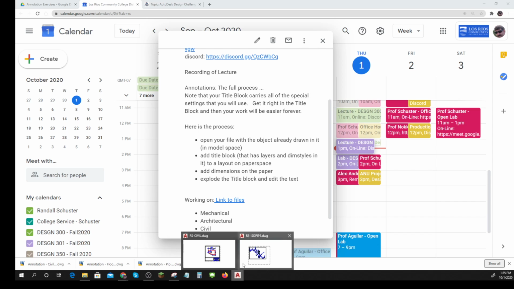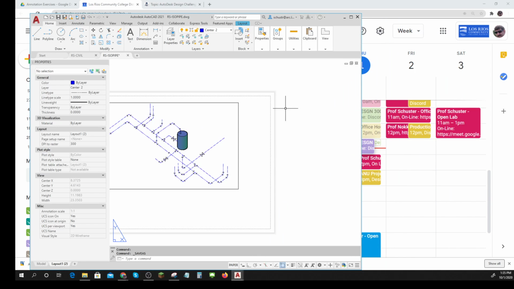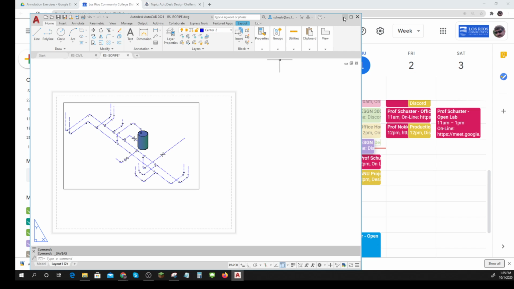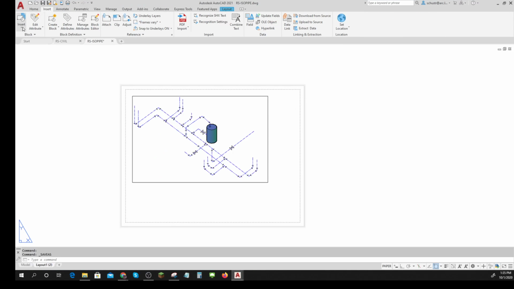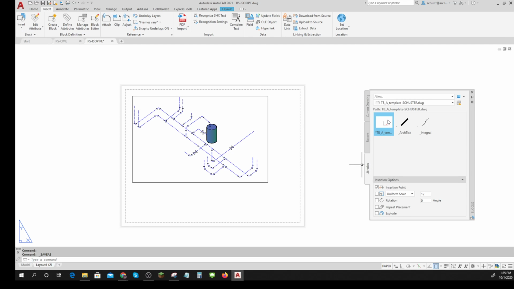That's good. Add my title block. That's insert. I can do my recent blot. I'm going to go back to my light. There it is. Now this time, I don't need